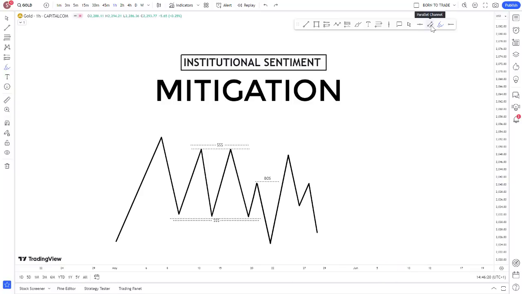And the mitigation phase is the phase which you look to enter the market, because definitely we're going to have a zone right here, which is going to be a demand zone or your order block. And this is the mitigation phase, where we expect price to come and mitigate orders right here. And I hope you know what mitigation means.